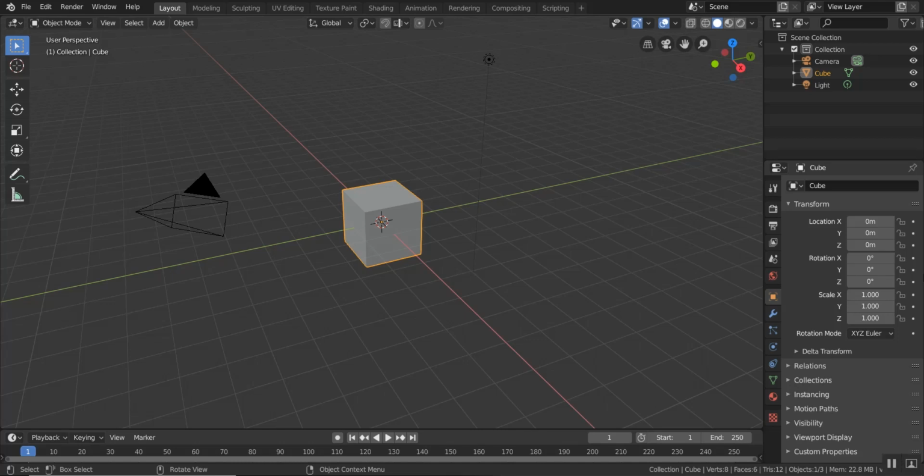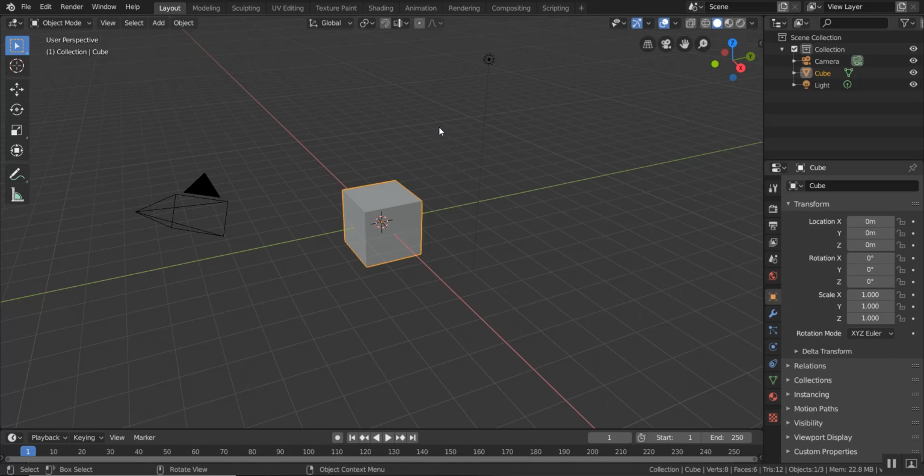To show you how to export or render a video of a rotating turntable plus your object. So basically how to make a video of your 3D object rotating nicely on a turntable. Now the first thing I'm going to do, as always, is delete everything in the scene so we can start